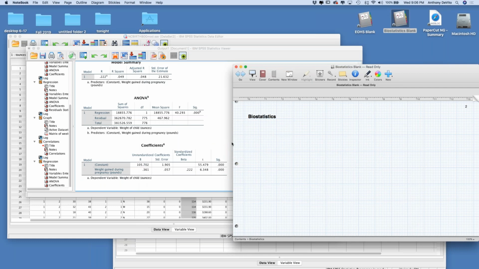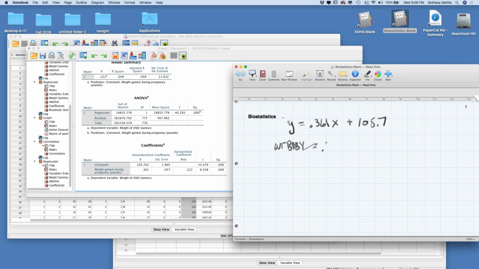So for this, my y is equal to 0.361, the slope, times x plus 105.7, which is the y-intercept. So if I wanted to substitute the actual values, this is the weight of the baby